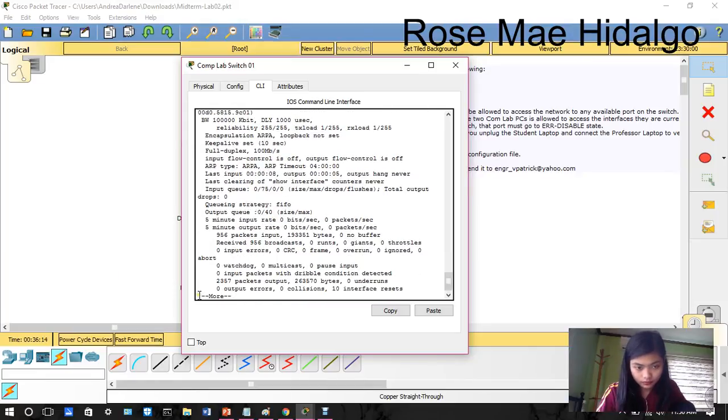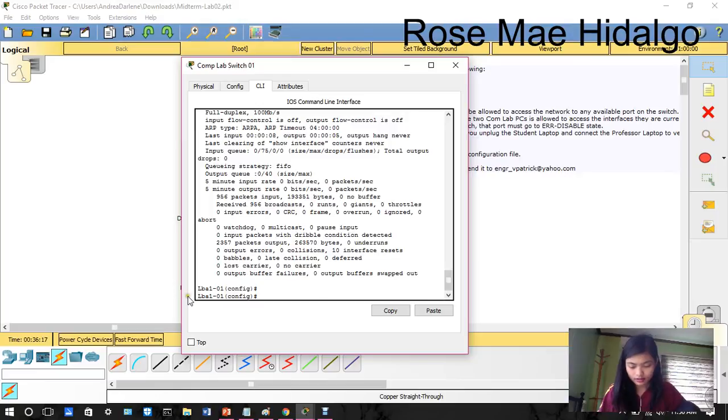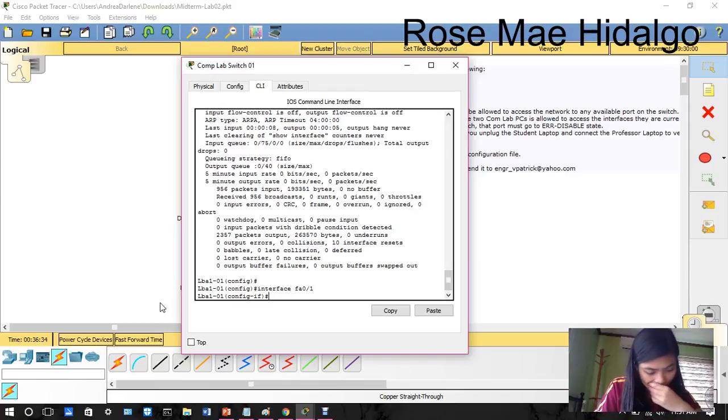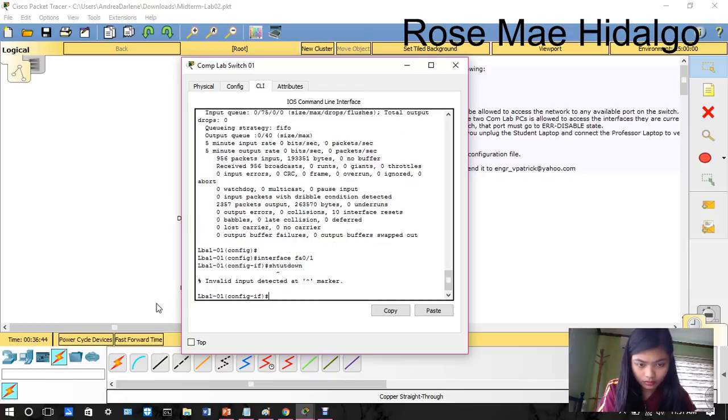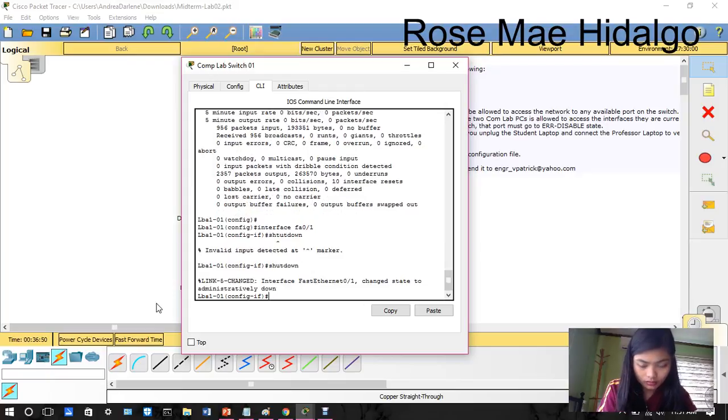Then next is interface, interface FastEthernet 0/1. Shutdown.